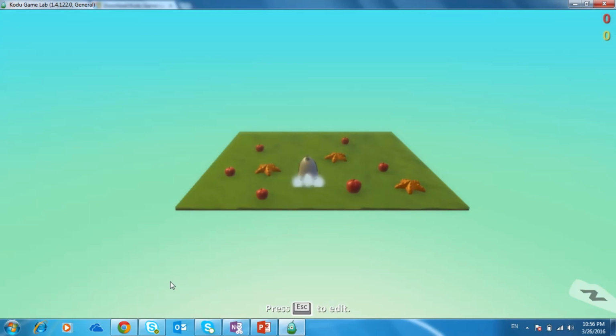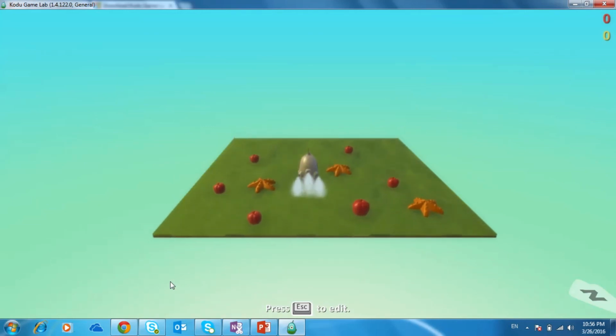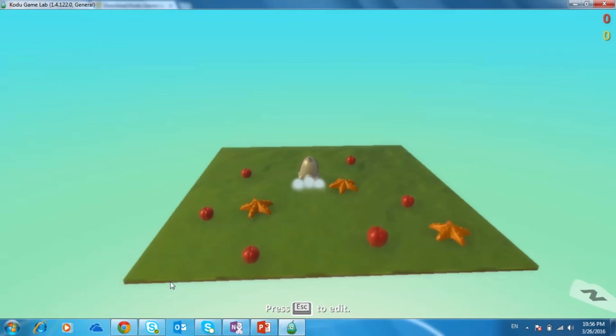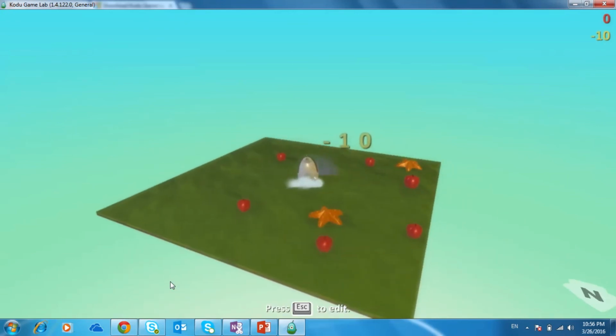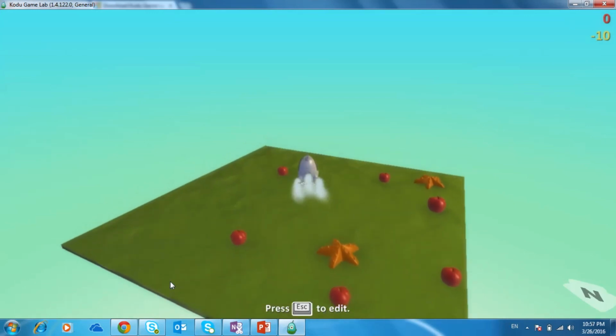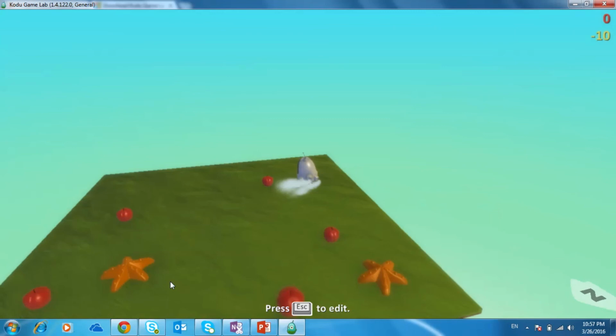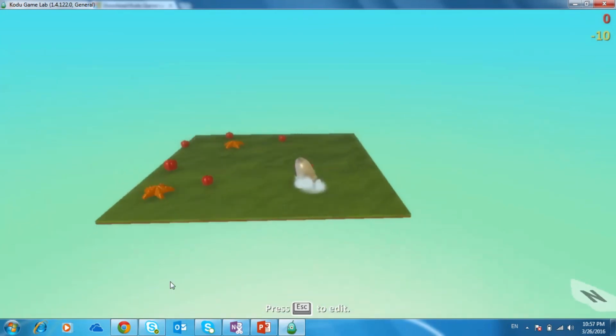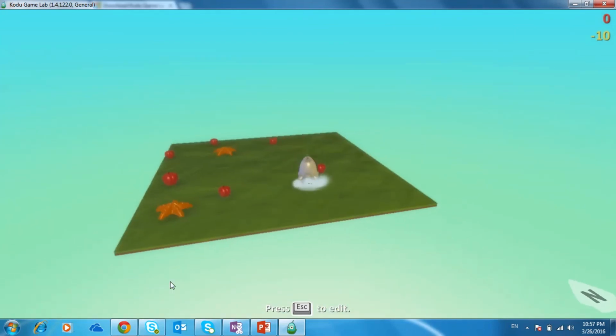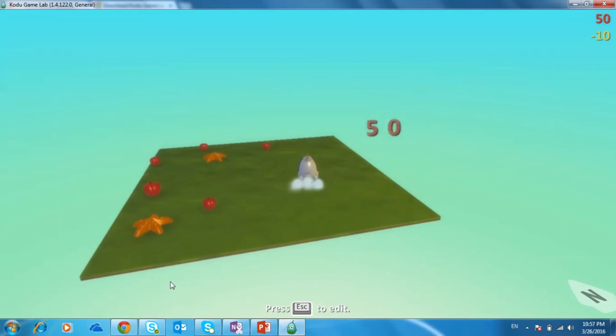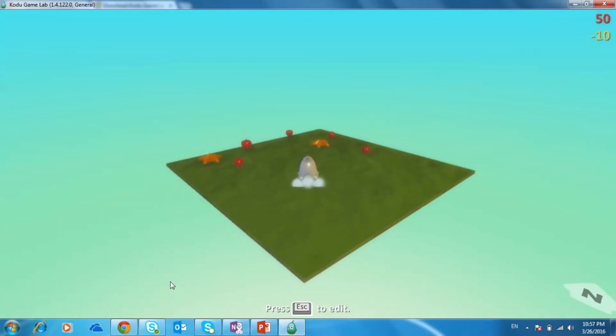So let's say I'm pressing the forward arrow key and the Kodu is moving forward, and the child, let's say, bumps into a starfish. So it happens that minus 10. That is what the programming said. Now Kodu is going forward and trying to bump into the apple. Let's see what happens here. Plus 50 points. Yeah, let's try and remove most of the apples.